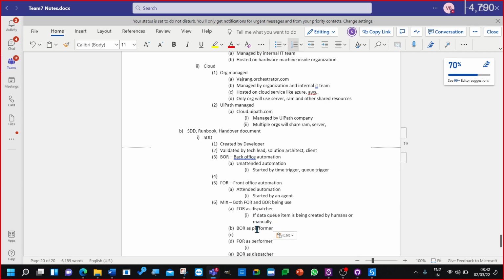Now I'm sending out all the emails to all the members. Consume the queue and information, and start the bot at an automated time or with a queue trigger. Then this is BORS performer. Again,